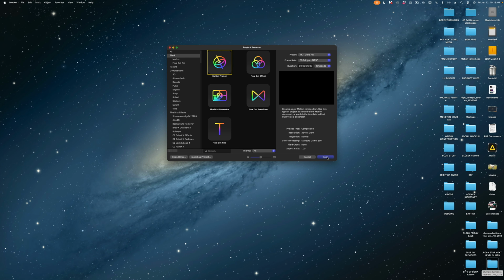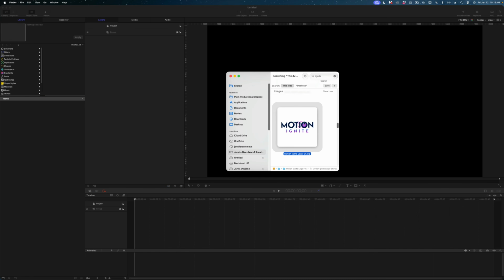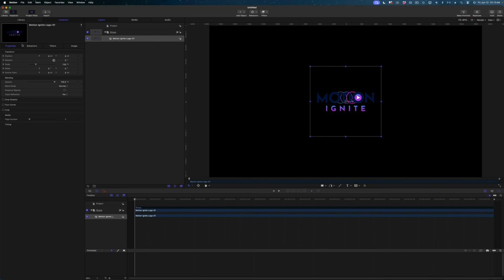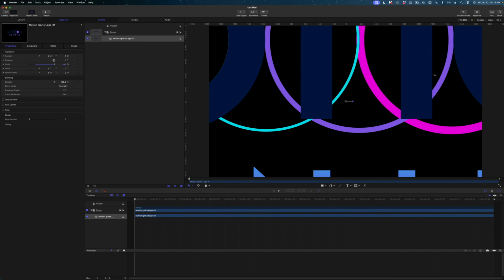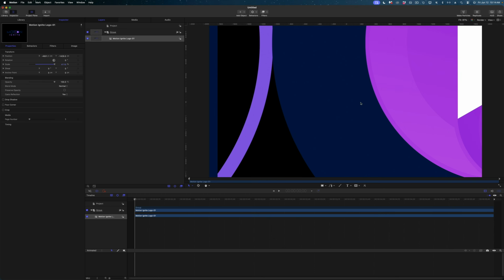Another update we got in Motion 6.3 is support for SVG files. So let's just open Motion, and I'm going to drag in the SVG version of my Motion Ignite logo. SVG files are vector-based, which means that you can zoom in and in and in and never lose clarity on your images. So that's another upgrade as well, but the real new feature in Motion is a new